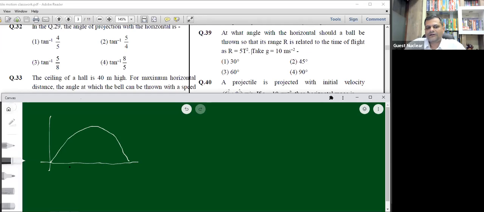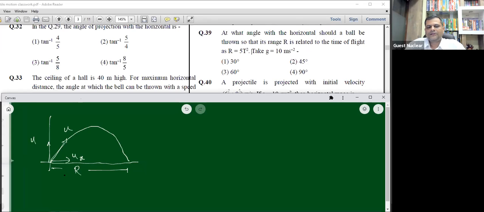So this is the r, that is the range, okay, and u is going to be the initial velocity, which can be resolved into two components. One is u cos theta, means ux we can say, and the second one is u sin theta, which is denoted by uy here. एक बात समझो इसमें ठीक से कि जब ये प्रोजेक्टाइल ट्रैवल करता है हॉरिजॉन्टल डायरेक्शन में,